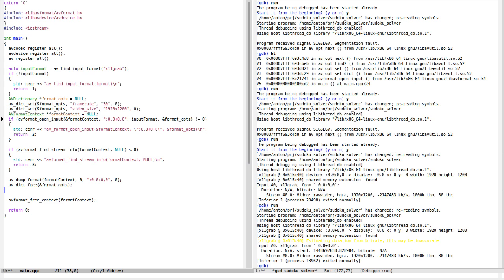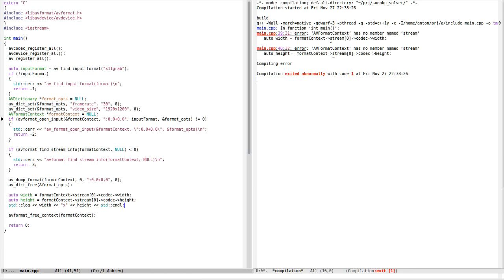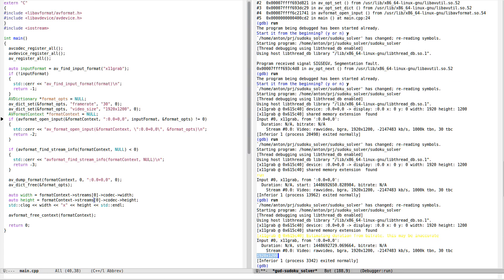So now from here, it's going to be format context streams. So it prints out the resolution. So I think I will have just a vector, and because I know the format is BGRA, it's kind of inverted RGB,